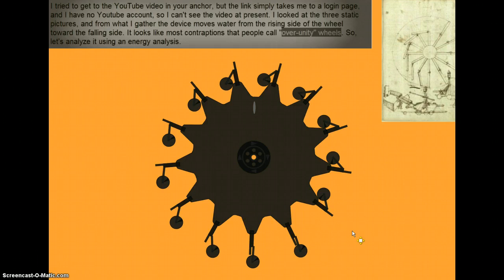Just to show another experiment I made, and taking for example one that you mentioned being called an over unity wheel, I made this simple contraption. And in here, with this program, it's a beautiful program called AlgoDoo. I can send you more details if you want. I can control the